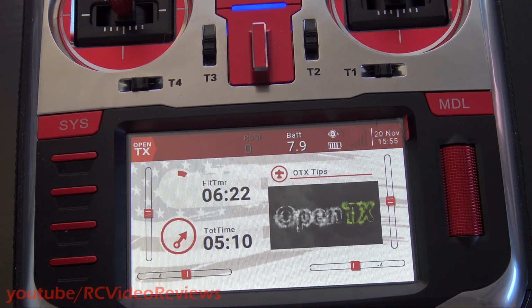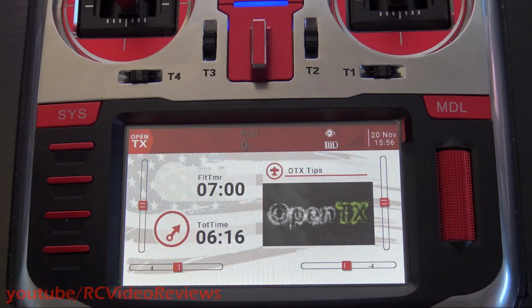I used OpenTx for a very long time before I figured that out. In fact, I only recently figured that out. So if you didn't know about that little trick, it's a good one. So use your channel as the source, and that way your timer will only start when your throttle is actually working. The next thing I'm going to show you is how to add your